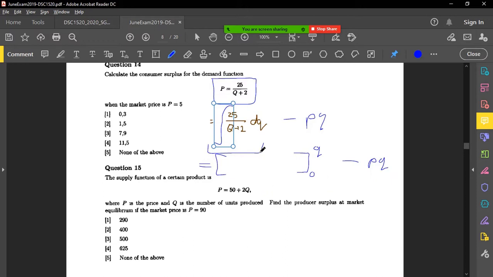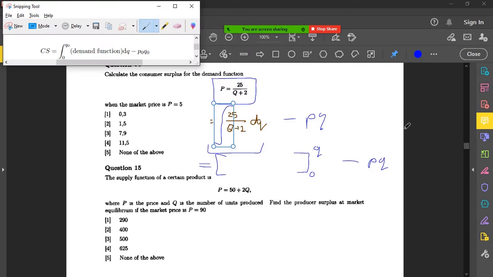Okay. So first, let's get the Q. To get the Q, you're probably going to set the P to 0. No. How do you get the Q? How would you get the Q? Oh, the price is 5. Sorry, I didn't read that. Yes. So maybe do that little working. 5 equals 25 divided by Q plus 2. Okay, so that means